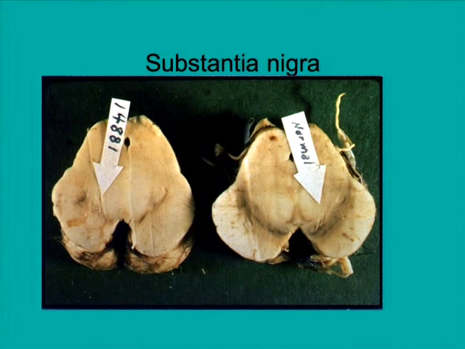This is just a picture of a brain. This is an autopsy actually. This is a normal brain, and this is the brain of a patient who has Parkinson's disease. So you can tell the difference here. This is substantia nigra, the black part of it. All these cells are destroyed in this patient. You don't see this much. So this just gives you an example of a cut section of a brain when somebody has died and they did an autopsy, to show the substantia nigra, which you can see with the naked eye, not even under the microscope.